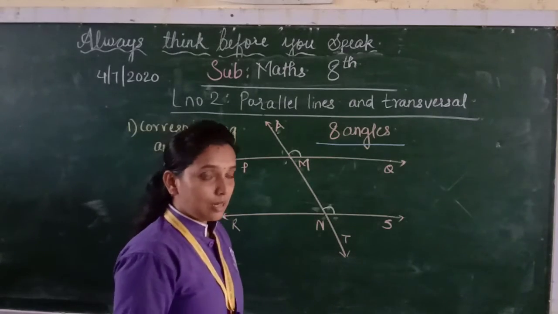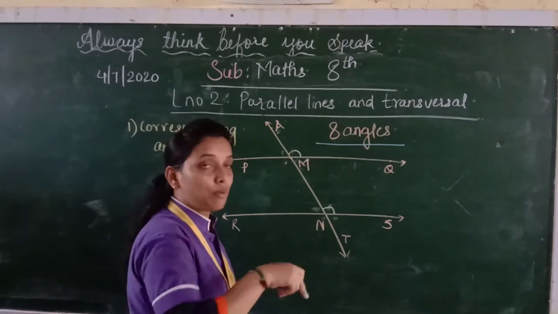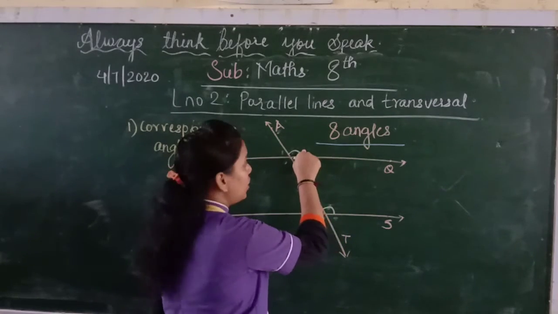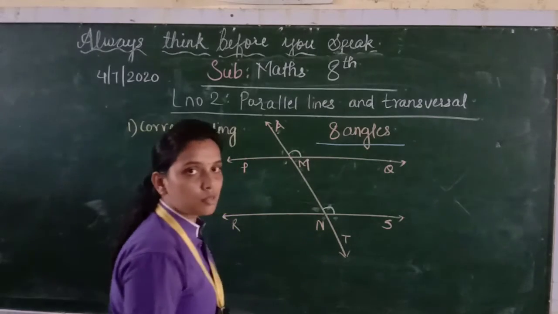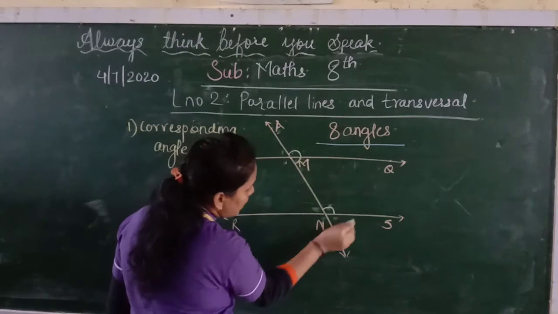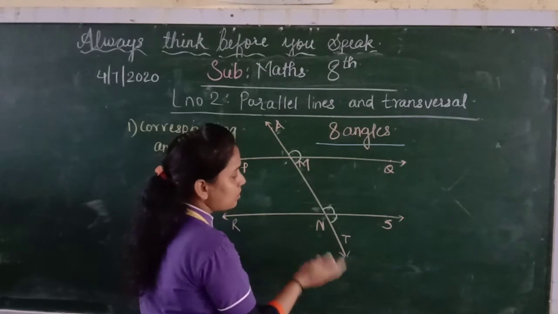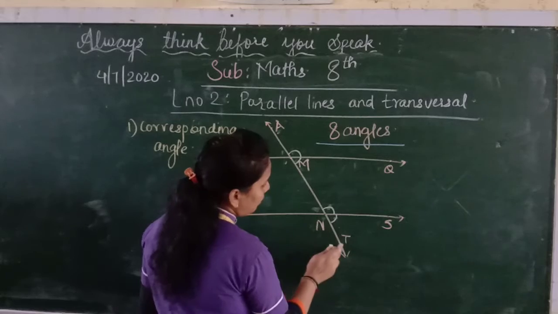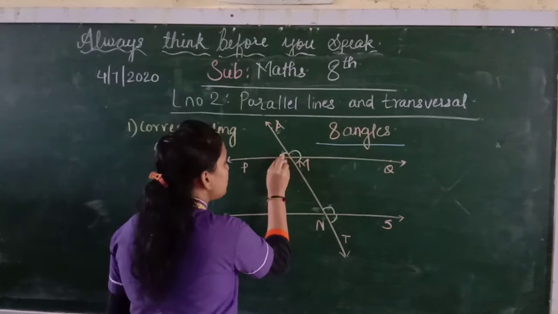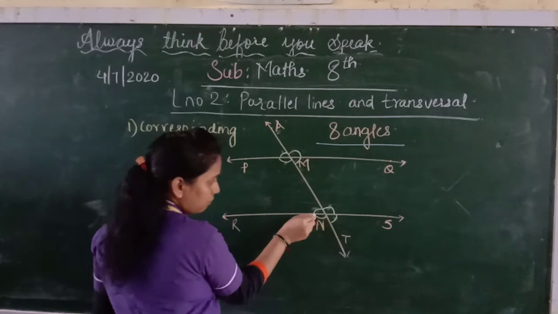Or you can understand simply by knowing the steps that we have to walk. Like if you are stepping on this line, then next you will step over here. So these two will be corresponding. Similarly, if you are considering M, and you are stepping on this, then next you will step here. So QMN is a corresponding angle of SNT. I hope you are understanding. Now you can get it the same way this way also. So this will be corresponding of this angle and downside will be corresponding of this angle.